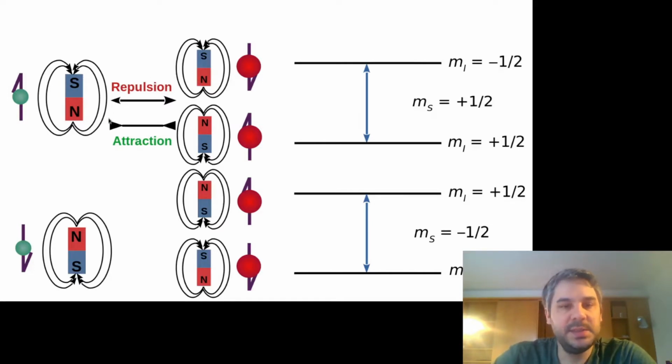This means that they will attract when they have opposite orientations of the dipole moments, which means that they have parallel orientations of their spins, because again, the dipole moment for the electron spin is opposed to its direction. So for the electron that has a spin +1/2, in this particular orientation of the electron and the nucleus,